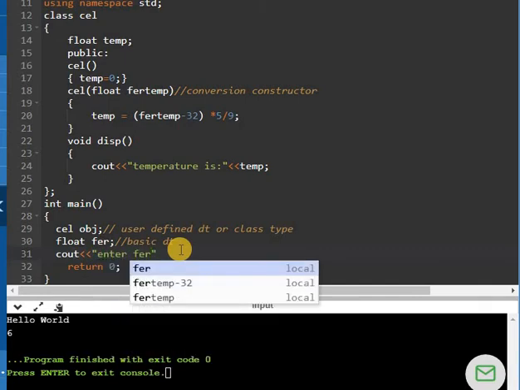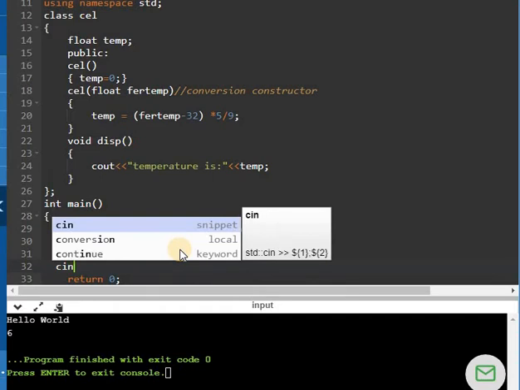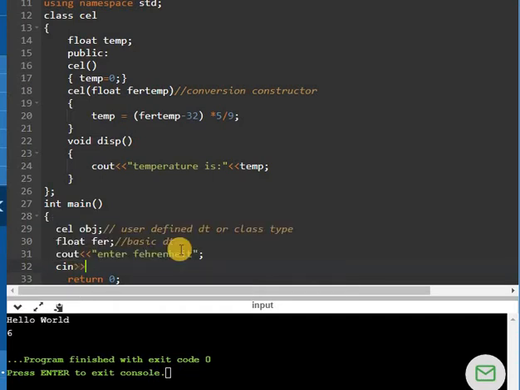Enter Fahrenheit, and then semicolon, and in this I have to read this value whatever I am entering after this message.